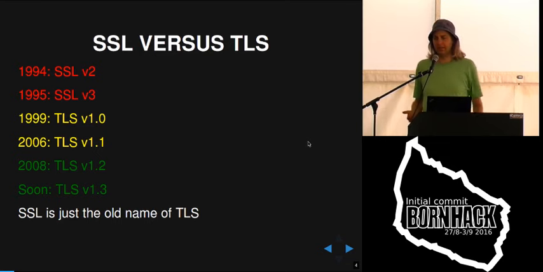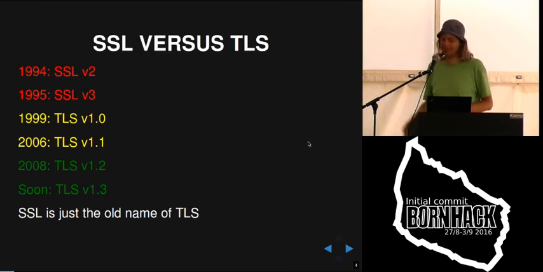Unfortunately, the versioning is causing some confusion because we had SSL 2 and 3, and then the newer thing was called TLS 1.0, 1.1 and 1.2. And soon we will have 1.3, although there's currently a discussion whether this should be called TLS 2.0 or maybe 4.0. I'm not entirely sure, but I will call it TLS 1.3 because up until the day before yesterday, that was what we thought we would call it.